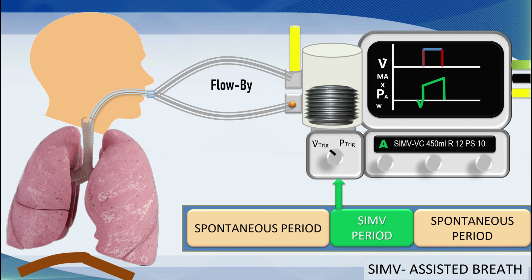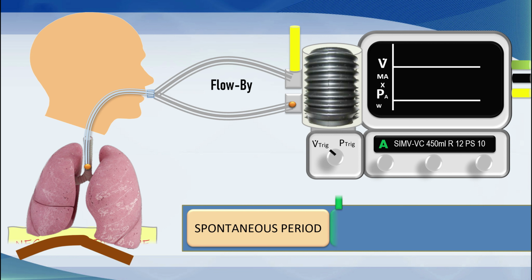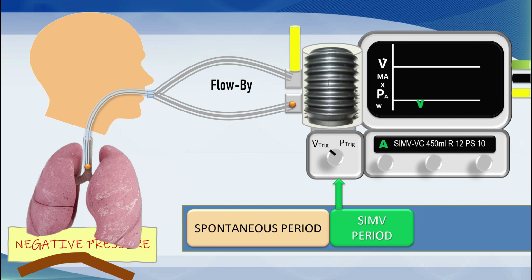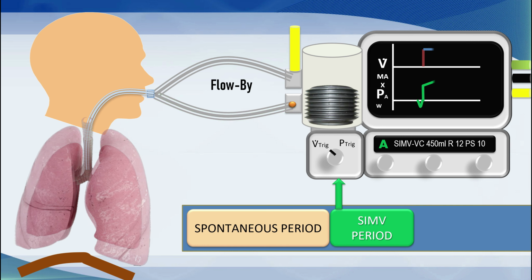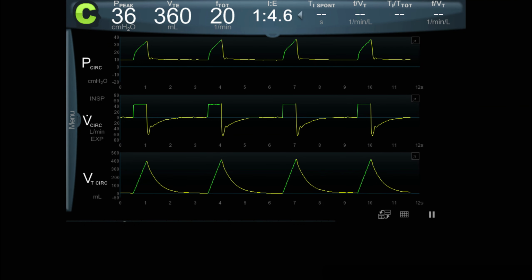And by looking at these waveforms, you would find it very hard to distinguish between assist-controlled ventilation and SIMV and volume control. Let's just roll that one again. So you can see here, the flow by patient triggers just at the beginning of the SIMV period, and this causes the ventilator to generate a flow of gas up to a tidal volume of 450 mils, and that is an assisted breath. If this screen was shown to you out of the blue, you would likely think it's volume